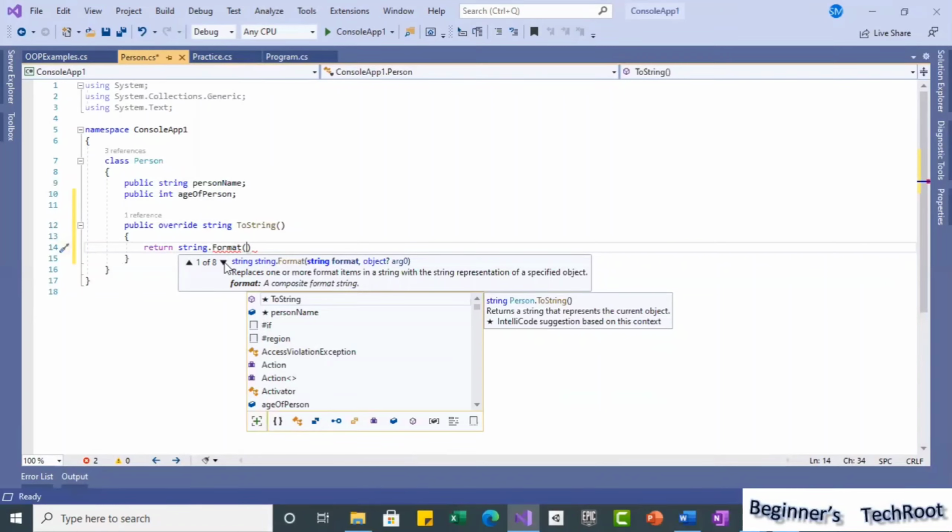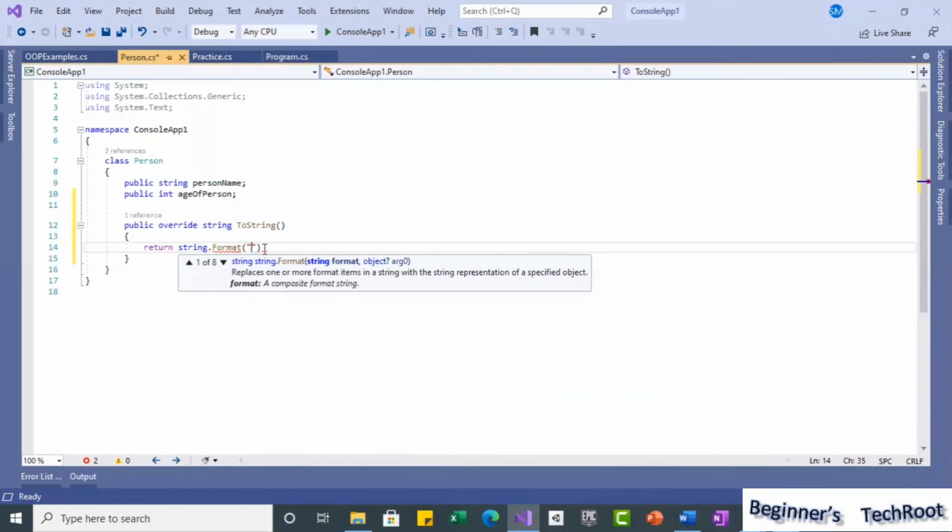We can use any of the ways, like string format and then arguments, the way we use console.writeLine. So various implementations are there. I am going to use this implementation, string format, similar to what we used in the console. Then comma, and then I can give the object arguments.